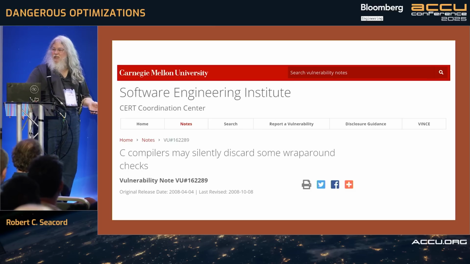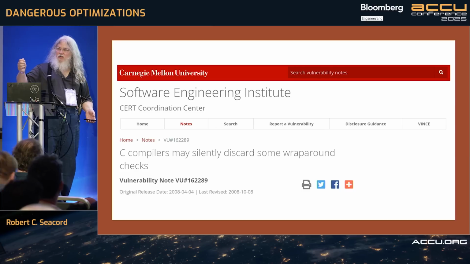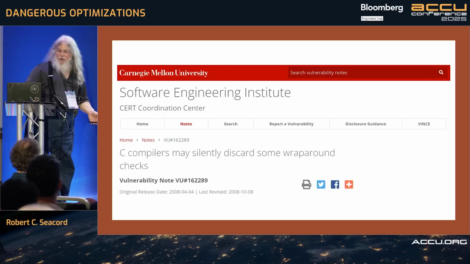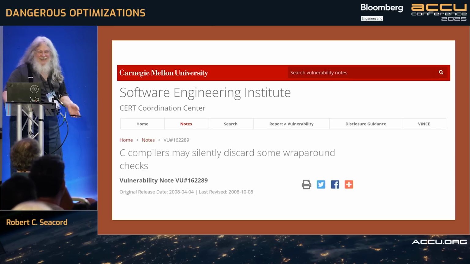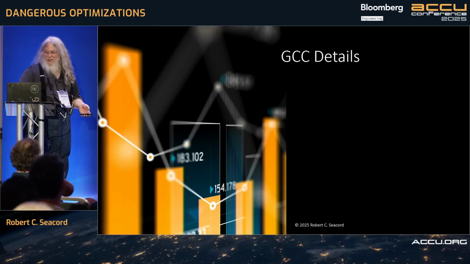Probably we stepped a little bit outside of what CERT normally does, because CERT normally talks about real vulnerabilities in real code that's been deployed somewhere. And this is not a deployed vulnerability. This is just some sort of egregious problem with optimizations, which can make it very easy for you to deploy a vulnerability. So it's a little bit different. And the GCC people were all angry with us. The Microsoft people were thrilled with us. Reactions varied.